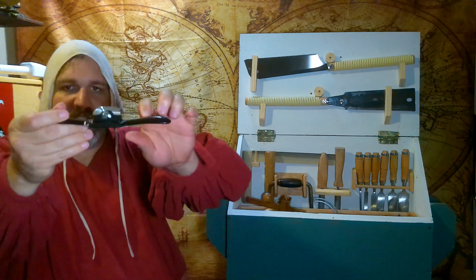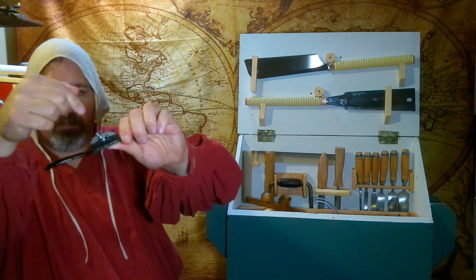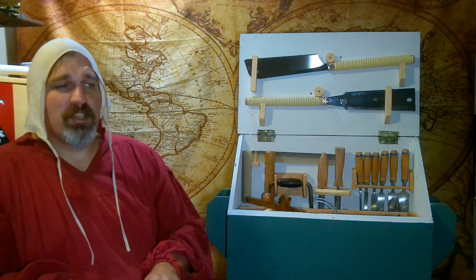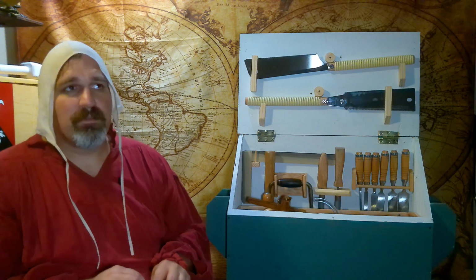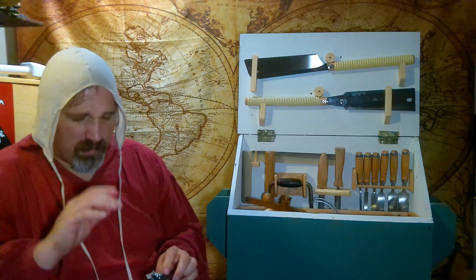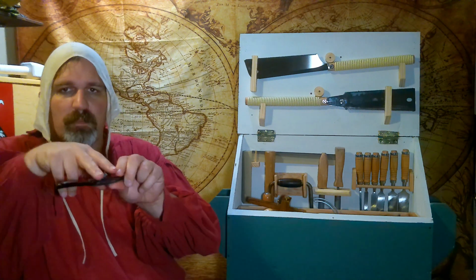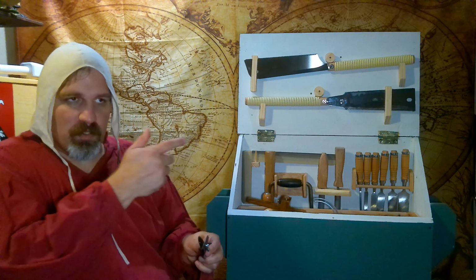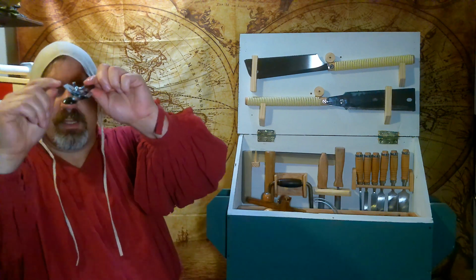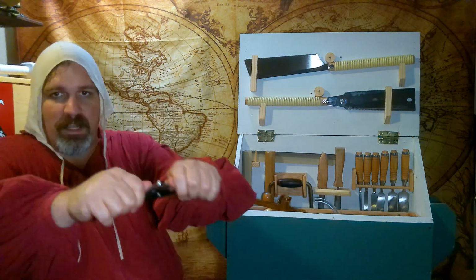This, as you can see, has an adjustable iron in it, and there's a little wing nut there that lets me adjust it. Historically, and these were very, very late period, you see these in the 1560s, 1570s, from what I read, they would have this iron, and there wouldn't be a screw, there would be a block, a wedge, just like you'd use a wedge to hold the iron in on your chisel. But the same base principle,